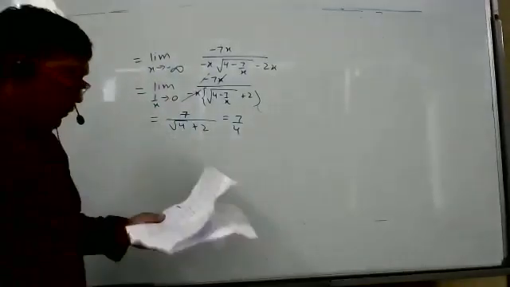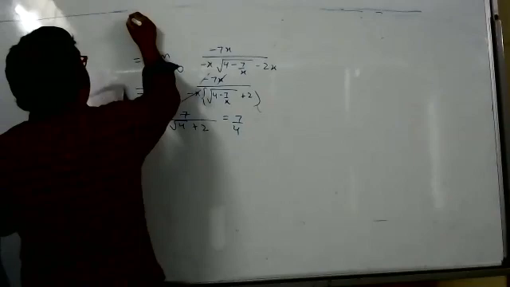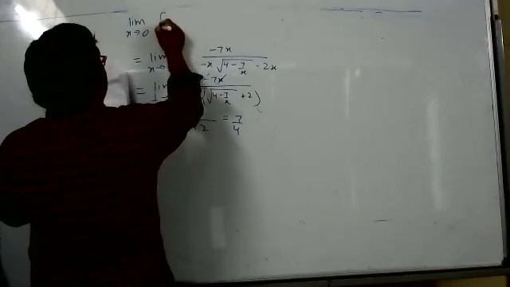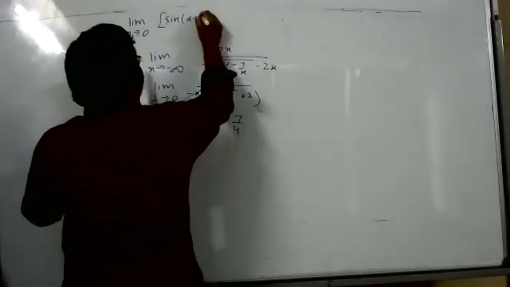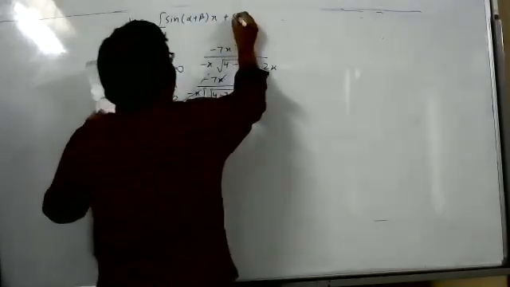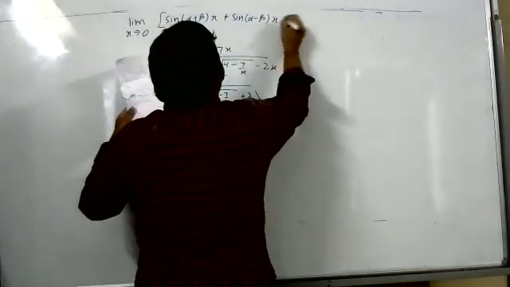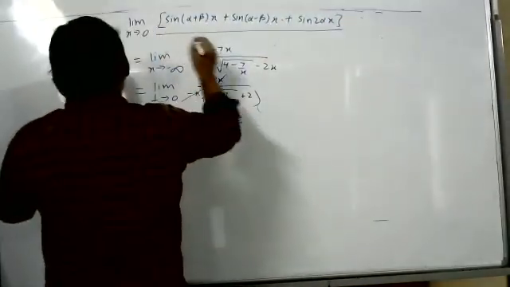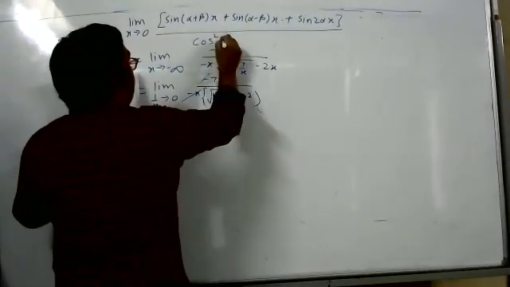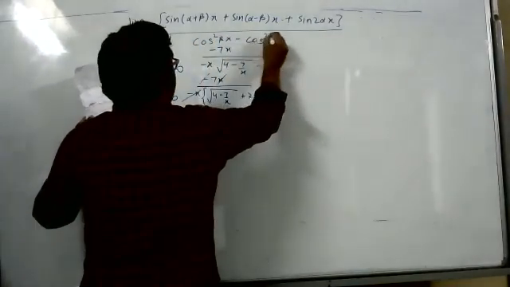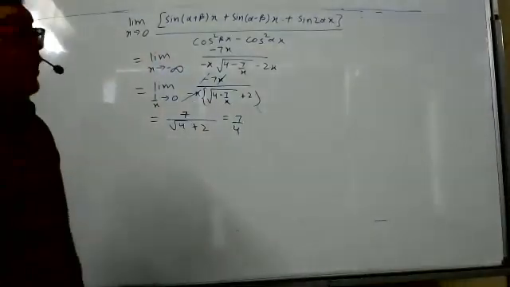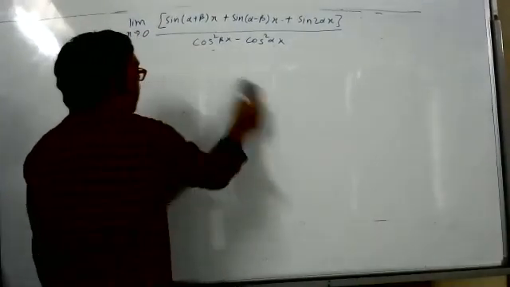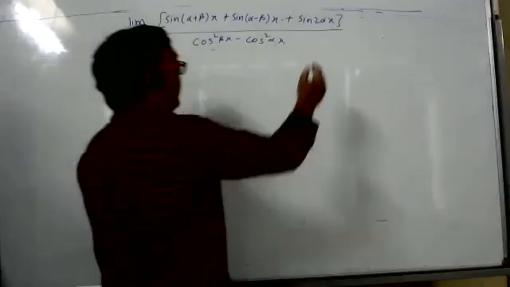Yesterday also we did a sum where we got stuck. The reason for that is that even in the place from where I copied the question, there was some mistake. This one: sine of alpha plus beta x plus sine of alpha minus beta x plus sine 2 alpha x, by cos square beta x minus cos square alpha x. If this is the question, then we got the right answer yesterday, but actually this is not the question. The problem was coming with one x, so here you write one more x into x.